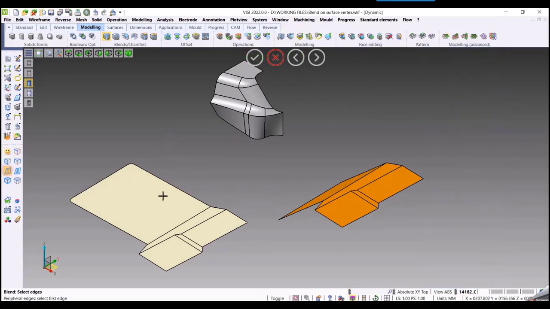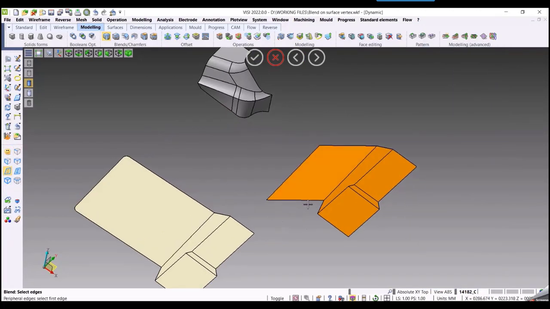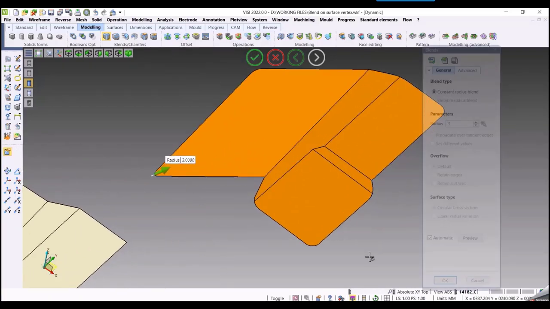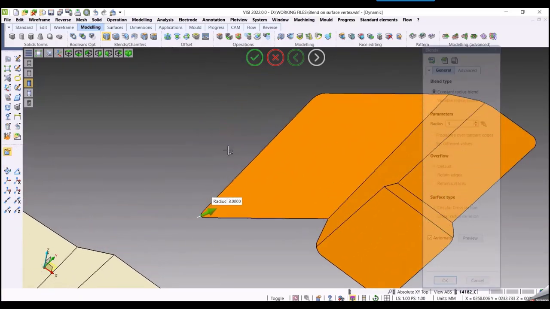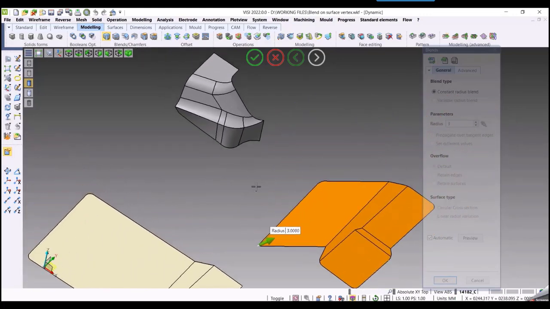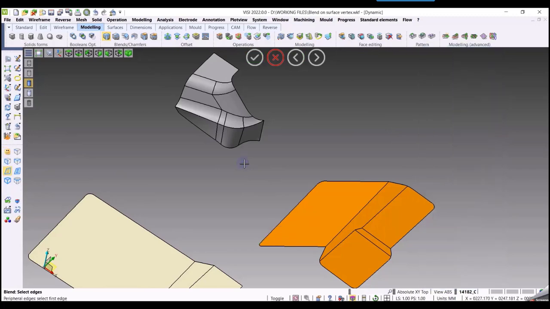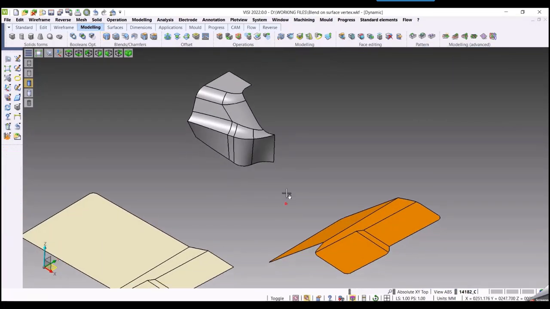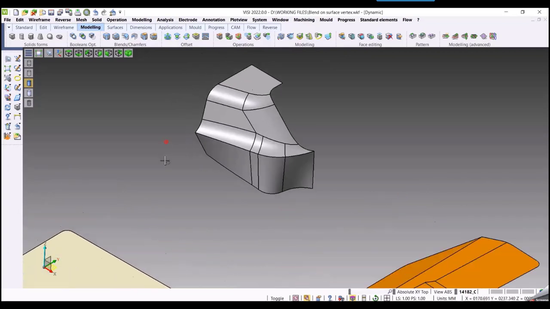So we'll go on to the next example using select peripheral edges of a sheet body, where you can pick these edges, right click, and it creates that blend on all of the peripheral edges as well. So this makes it an easy selection to be able to add the blends to a surface area. And then even more impressive than that as well is we have the ability to, let's say, create a blend between edges. So we look at this area right here,